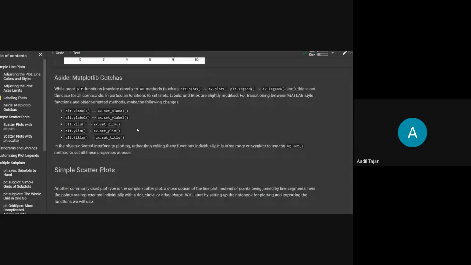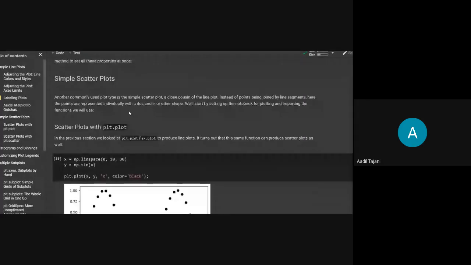Now we'll see scatter plots. The plot that we saw earlier is a simple line plot. If we pass the data, it will plot the data and connect all those data with a line, known as a simple line plot. Then there come scatter plots. Scatter plots are basically where the data is plotted, but those data are not connected with a line.